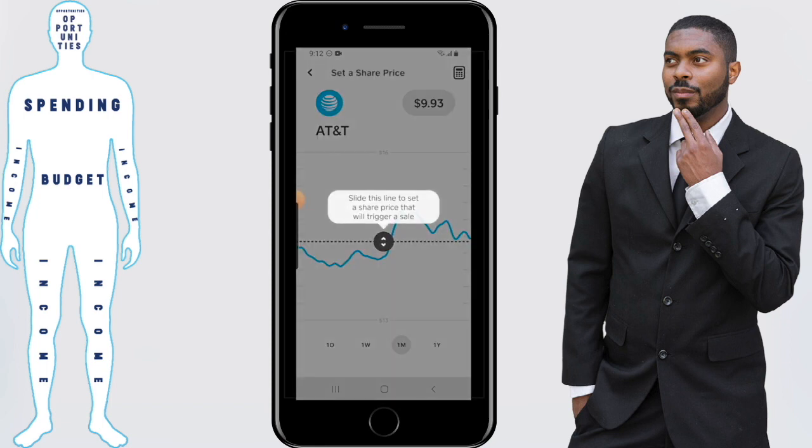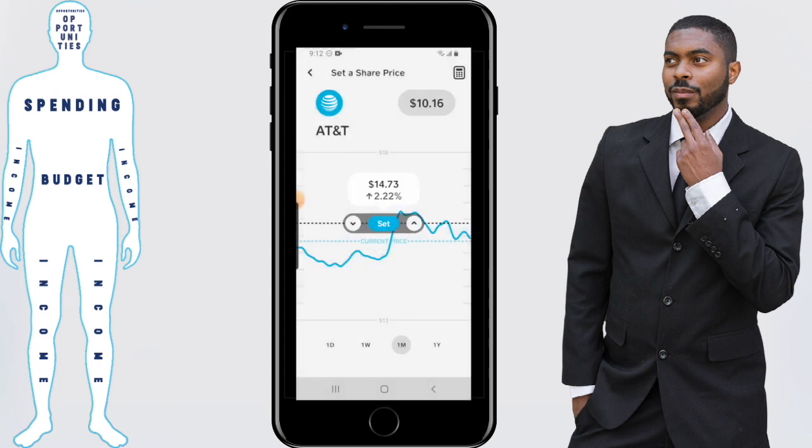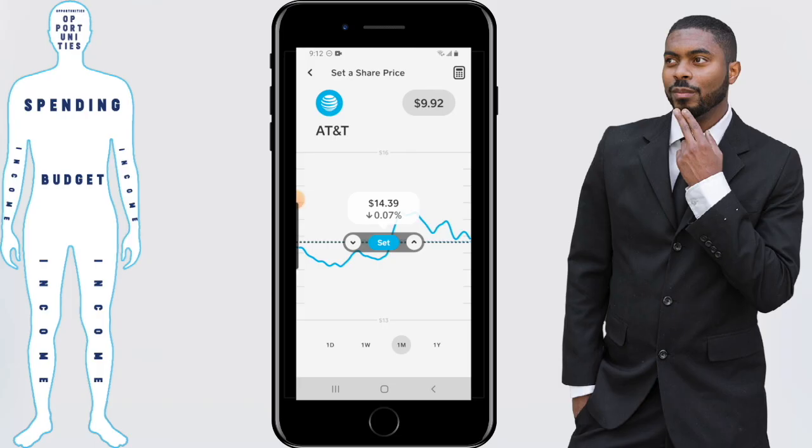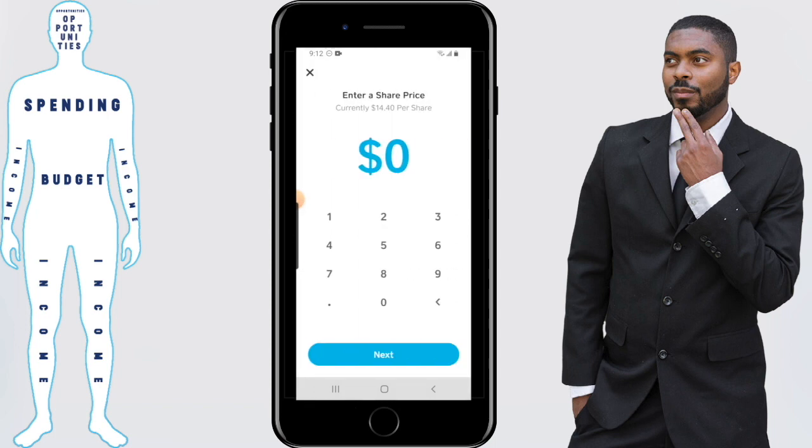And from here, you just slide this line to set a share price that will trigger a sell. For instance, I can move it up, or I can move it down. We won't cover the benefits of this because I've talked about that in other videos on investing. If you have interest in information when it comes to how to invest based on your goals, you want to check this playlist out. If you don't care much for using this graph to set this up, you can also hit the calculator in the top right-hand corner and just enter something manually, which would personally be my choice because I don't really care much for the graph and moving it up and down. That's just me though. Backing out of that,